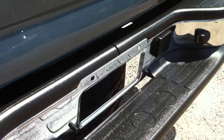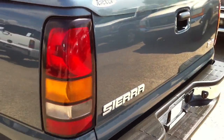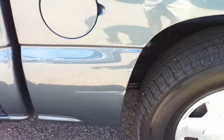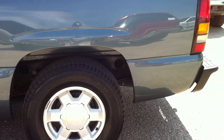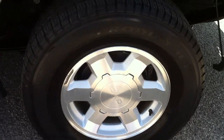Beautiful. There's your spare, which is brand new. Your tow package. Driver's side of this truck is really good shape. It's got a little scratch here, really low. You really don't notice it. And one down here. Like I said, a little touch-up paint would have made a huge difference, but we don't like to hide any of this stuff. We like to show people how we got it, and they can spend the $8 and 10 minutes of their lives